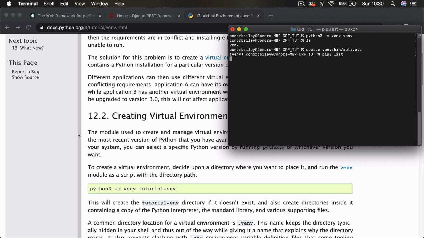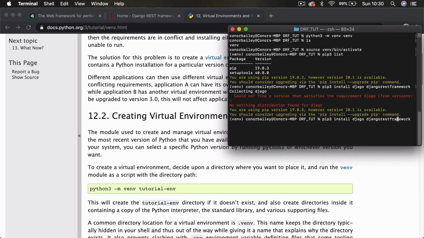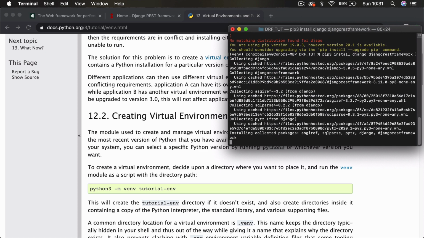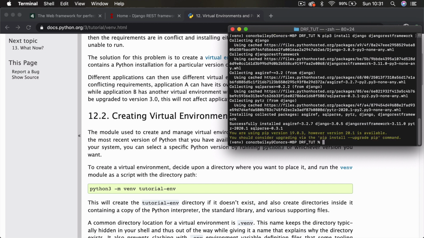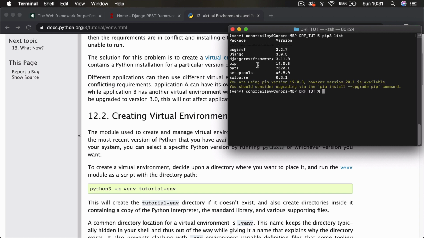Okay, so now if we do a pip3 list, you can see all the dependencies installed. We currently only have pip and setuptools. We're going to be using pip to install Django and the Django REST framework. So pip3 install django and djangorestframework. Spelled Django wrong, put that in there. Okay, so they're installed now. So if we do a quick pip3 list, you'll see we have Django and Django REST framework installed, version